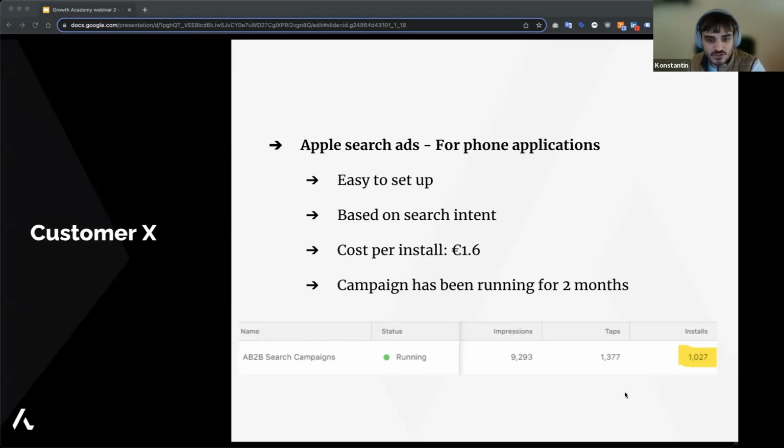And we managed to get 1,000 installs, which essentially went on the web after installing, where they need to sign up and give their information. It becomes a lead. We got 1,000 installs. When it comes to tracking the leads, it's a little bit different because you need to do some backend development work. But for 2 months and this cost per install, this is a really big success. So if you have an app, focus on the more obvious things.